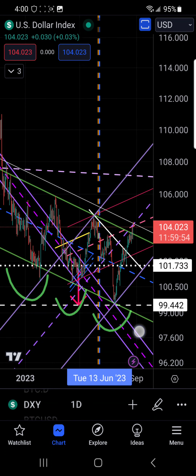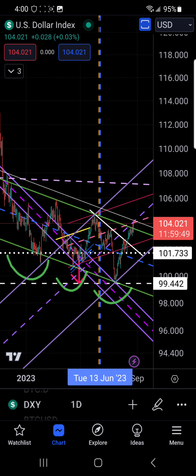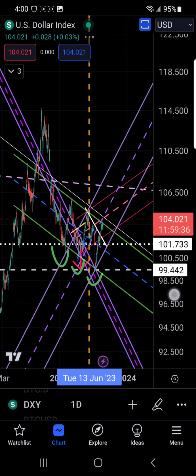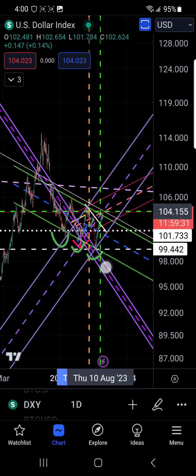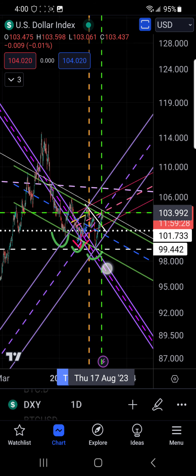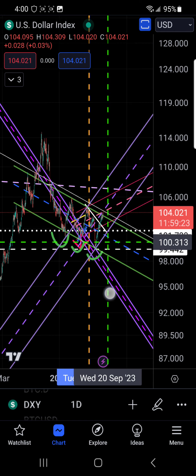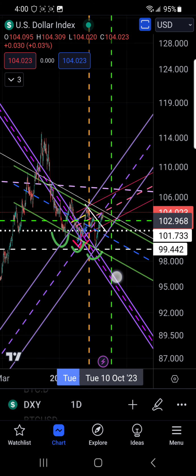In the inverse head and shoulders pattern represents a reversal from one channel into a new channel heading a different direction. I don't believe that's where we're going. It's ridiculous. The whole thing's ridiculous, especially having the BRIC summit just wrapping up where everybody's trying to exit the dollar. For the dollar to be strengthening, it's absolutely ridiculous.